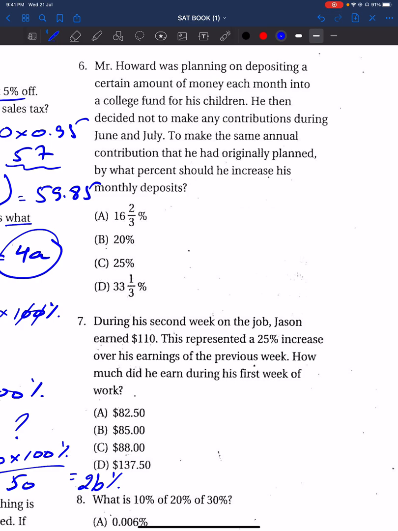So now assume that Mr. Howard was going to contribute $100 each month. So if he contributes $100 each month, then over 12 months,